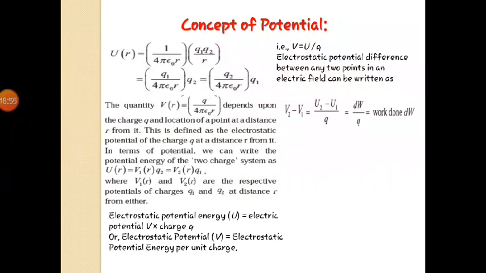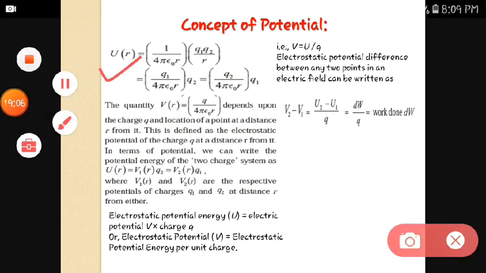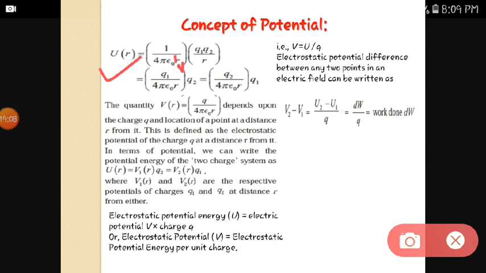Now moving towards the next point, which is the concept of potential. We have discussed the formula, which is UR. UR is nothing but 1 divided by 4 pi epsilon 0, R is not there, it's only 1 by 4 pi epsilon 0, and Q1 Q2 by R. So this is the UR. Now if I consider Q1 inside the bracket and Q2 outside it, then I will get Q1 by 4 pi epsilon 0 R, and outside of the bracket it is Q2. It should be equal to Q2 inside and Q1 outside. It doesn't make any difference.